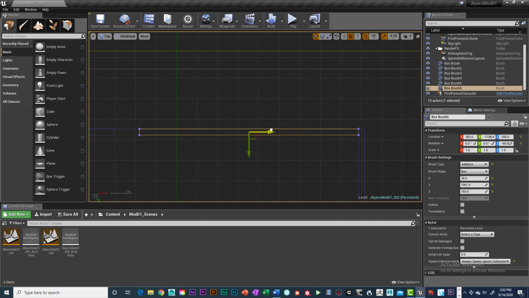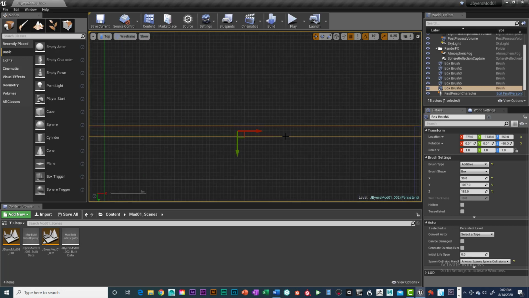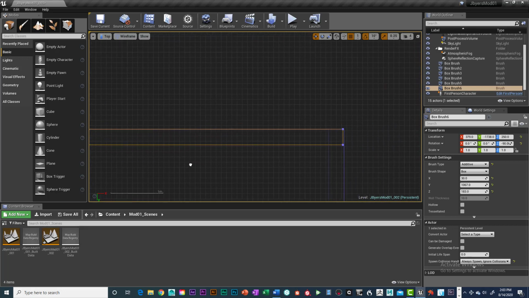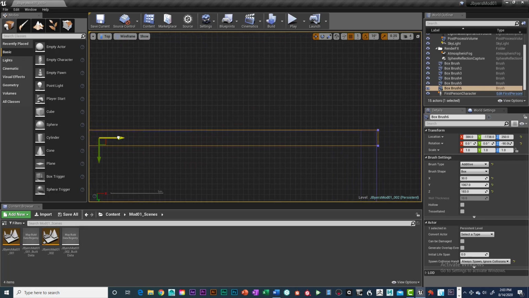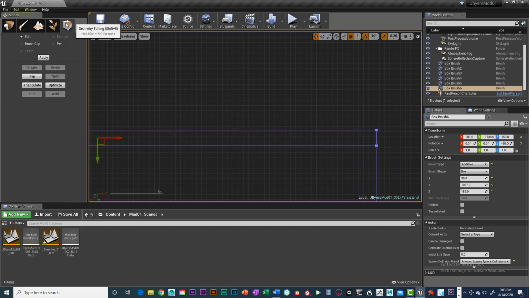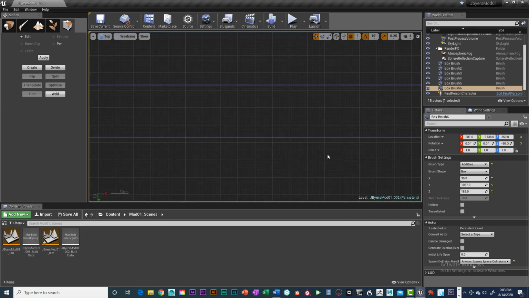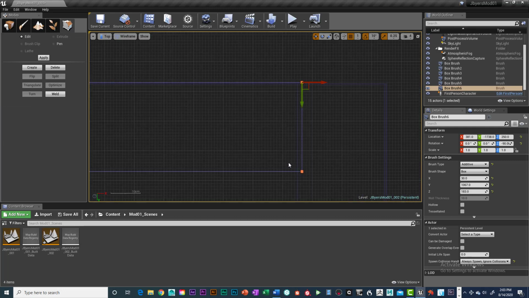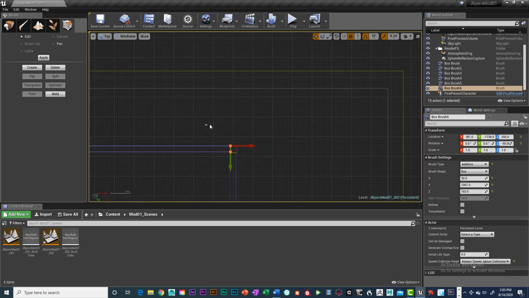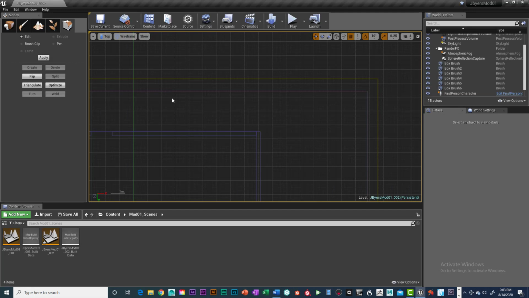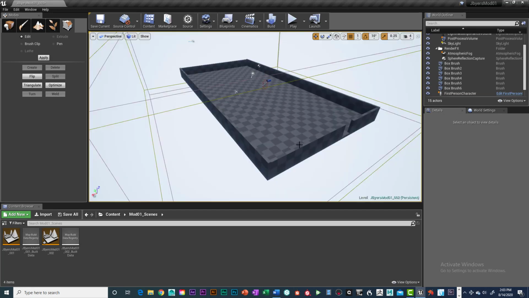And we want that to intersect. Okay, like that. And get as close as you can. And then you can go to geometry editing, or marquee select it, and move that back. There we go. Alright, so you're going to have to do a lot of zooming in and out. And there we go. So now we've got, let's go to Alt G and see it in perspective, and that looks